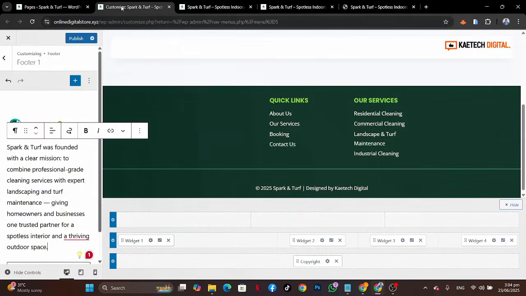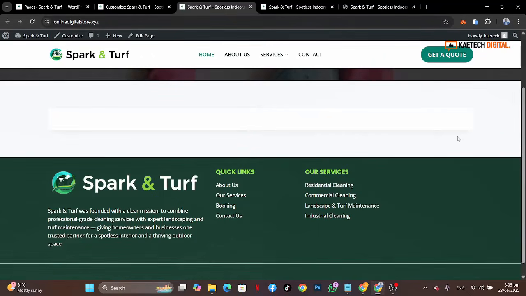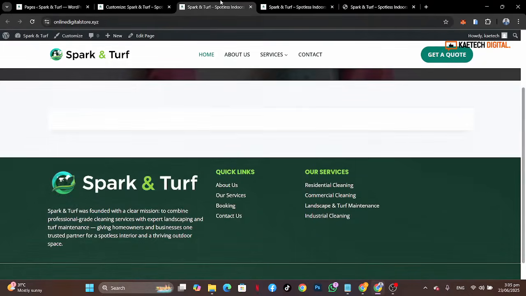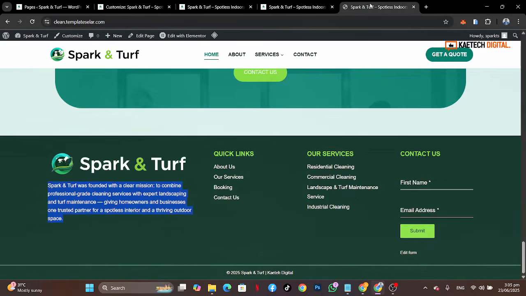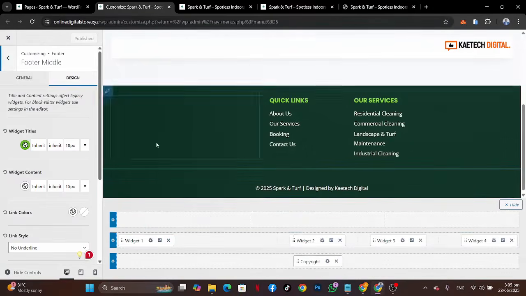So what we're going to do is go ahead and publish it, come over here and refresh it, and let's see if it shows over here. So it's showing over here, right? It is showing practically over here. So what we can do is, okay, everything shows perfectly over here, but the only thing we can do is